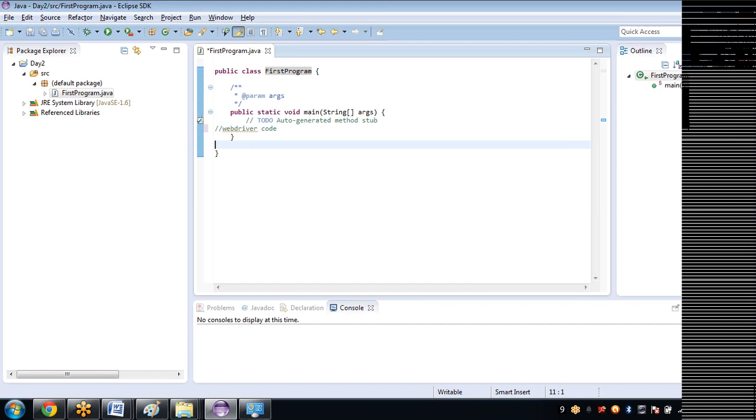You just concentrate only on your WebDriver code. That you need to write in the main block. That's all. Okay. So we'll start our code here and the main and all will come by default. You need not worry about writing all those. So yes, we are all set to write our